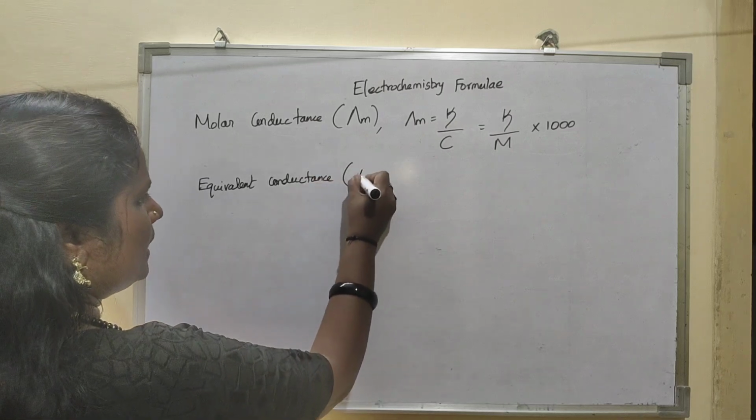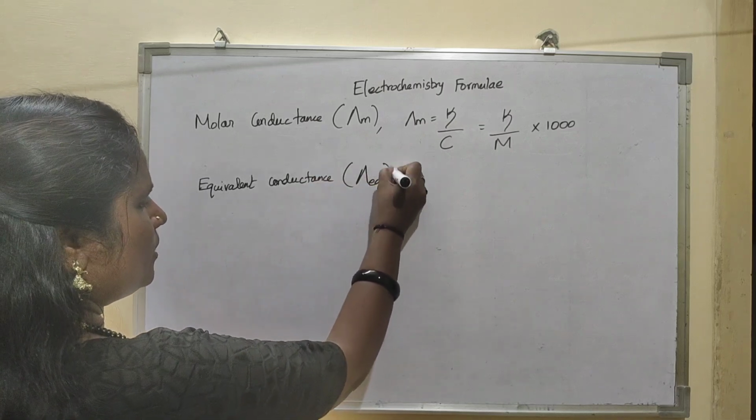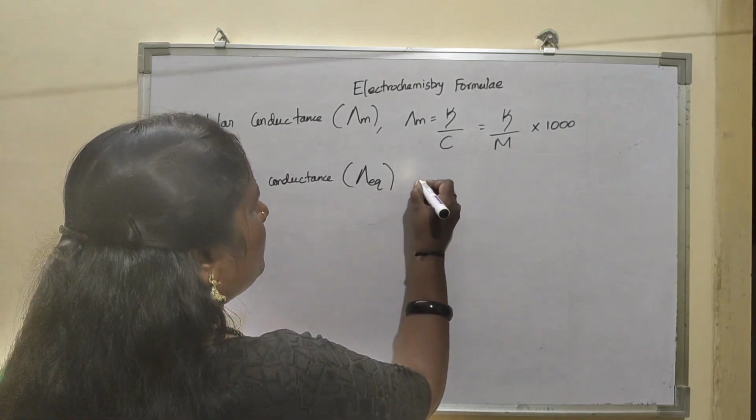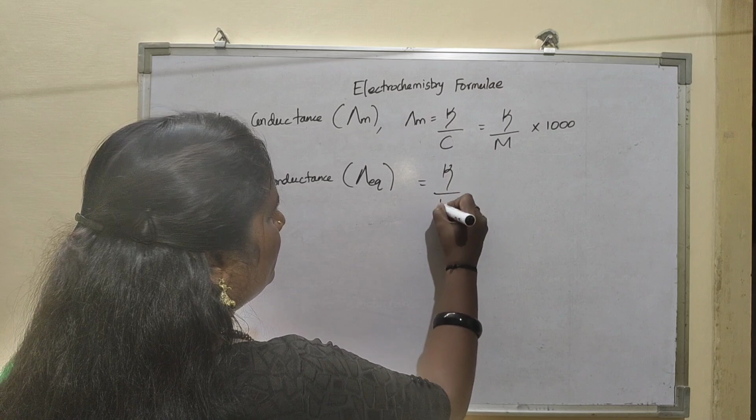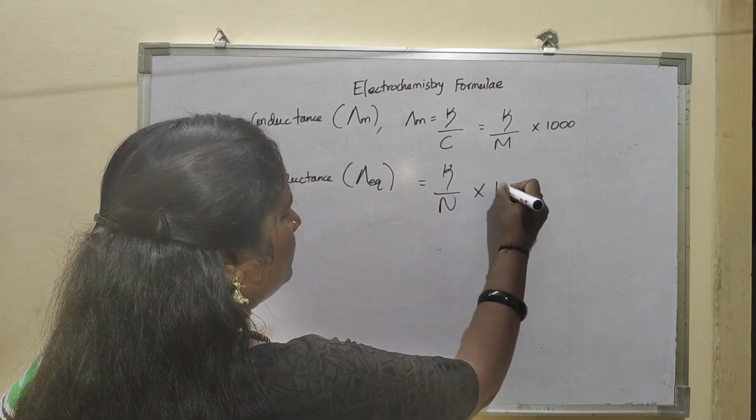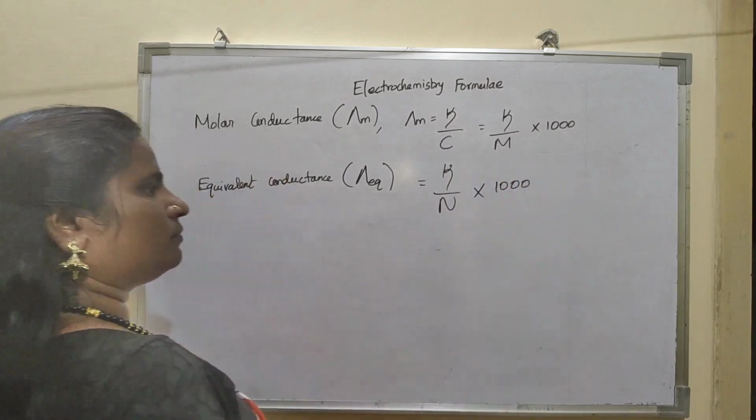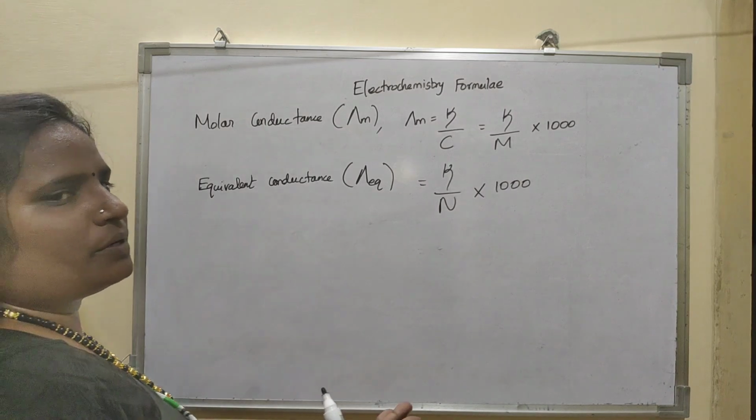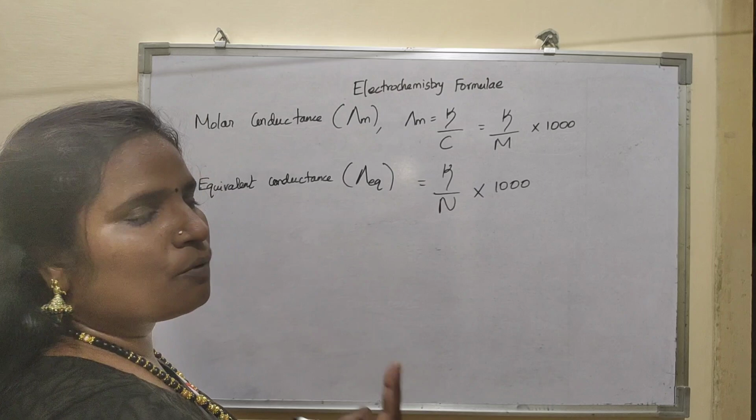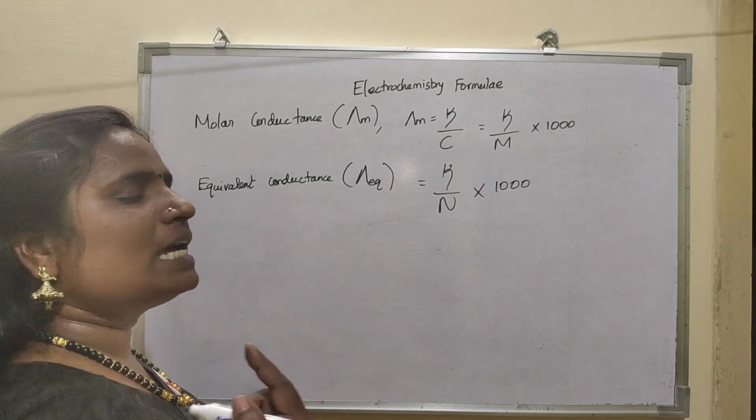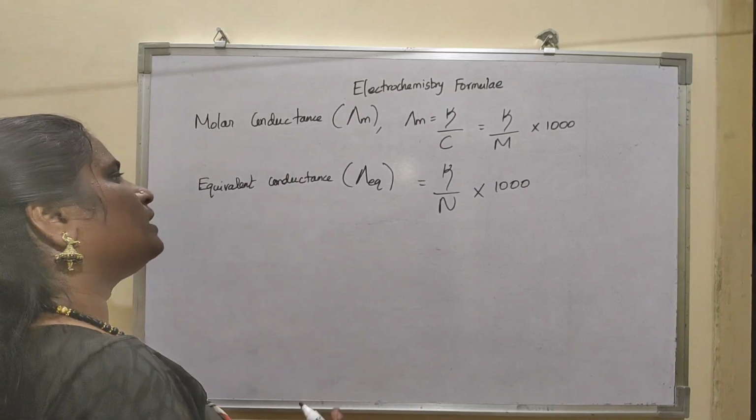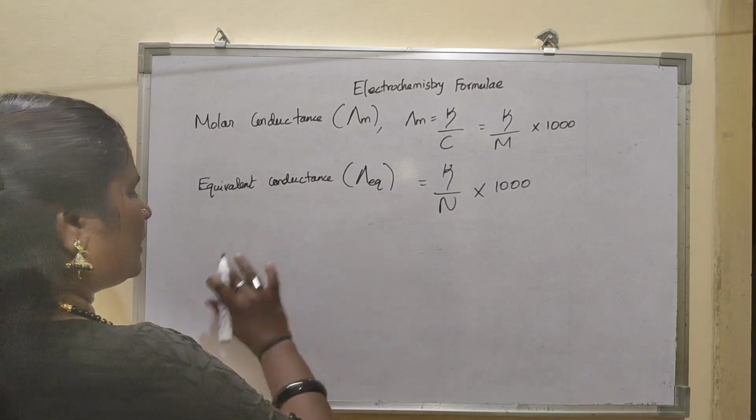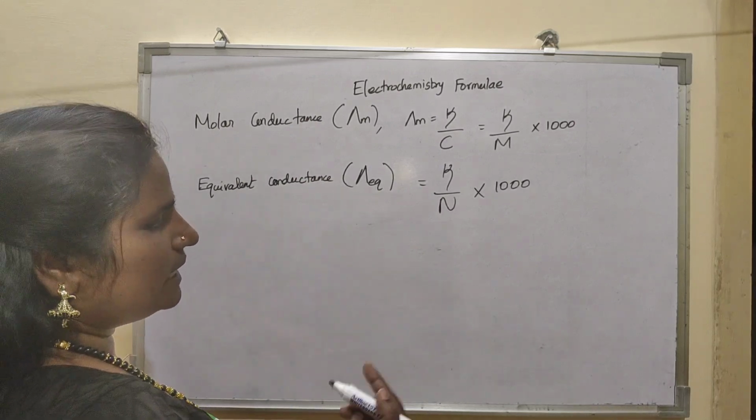Equivalent conductance is capital lambda eq. So you just have to write the inversion of V, that is lambda, capital lambda, equal to kappa by normality of the solution into 1000. The conductance produced by the ions present in a 1 normal solution is known as the equivalent conductance. So we know the molar conductance and the equivalent conductance, and the next formula we have to know is known